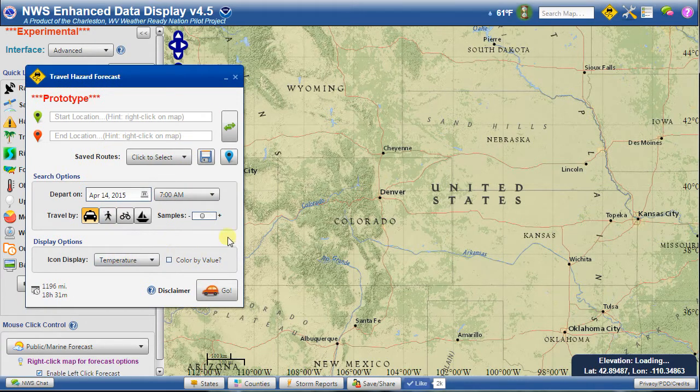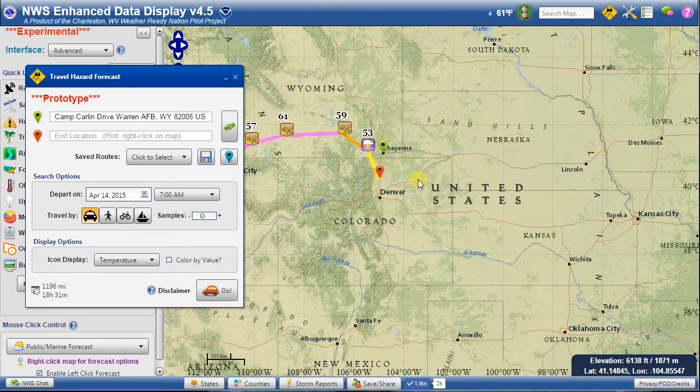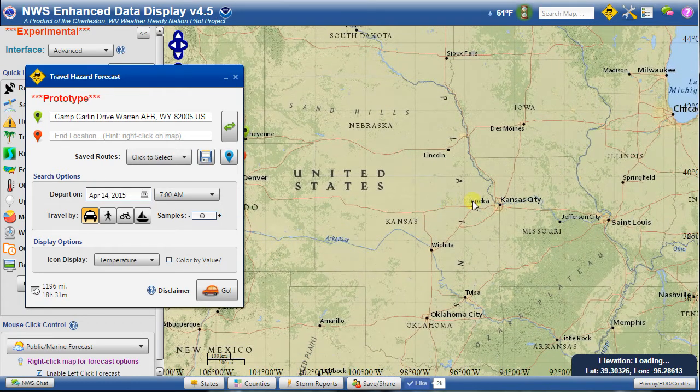I removed some of the extra buttons, but mainly you're not going to get as detailed an address as you used to, because now I'm using the MapQuest API for geolocation rather than the Google one. So when you click on and say start forecast, you won't get an actual address up here. And if you end this someplace else, like here,